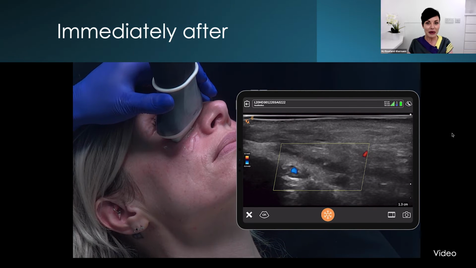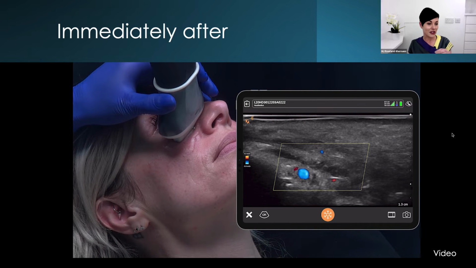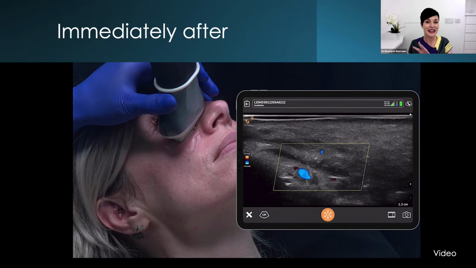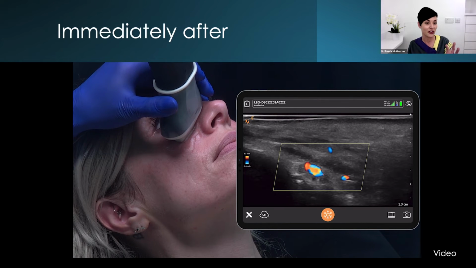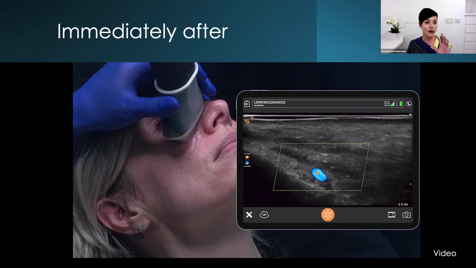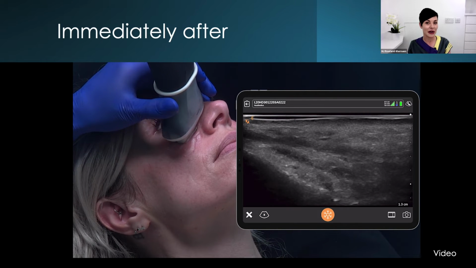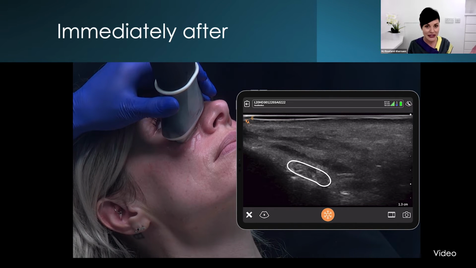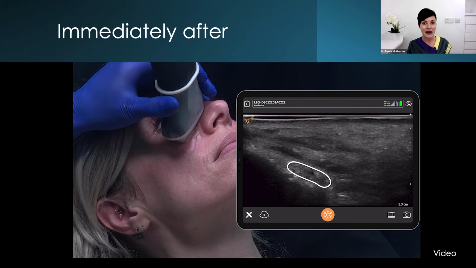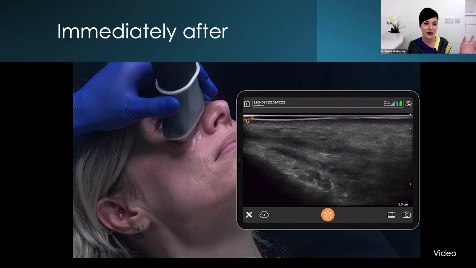So here's the treatment area immediately after the intervention with the hyaluronidase. We can see the blood vessels are quite agitated, and that's completely normal considering we've just been injecting near them. And if we go ahead and turn off the Doppler, we can see this cotton wool-like appearance again. This tells me my job here is done. The filler is on its way out, and I can send my patient home and review her in a couple